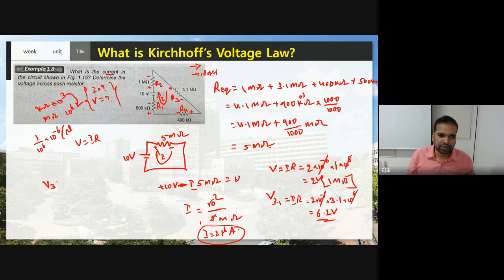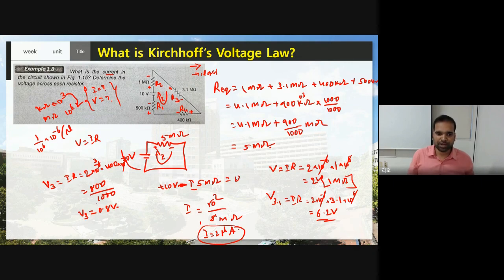Now here we need to find the voltage drop at 400 kilo ohm. So V3 equal to IR. So what is I? I equal to 2 microampere. Instead of microampere, I can write 10 power minus 6. And this is 400 kilo ohm. Kilo ohm means 10 power 3. Yes or no? Yes, 10 power 3. Now this 10 power 3 and 10 power minus 6 will get cancelled, and remaining is 10 power minus 3. What will I get? 2 into 400 is 800 into 10 power minus 3. Can I write 1 by 1000? Of course I can write. Therefore, if I solve that, I will get 0.8 volt.